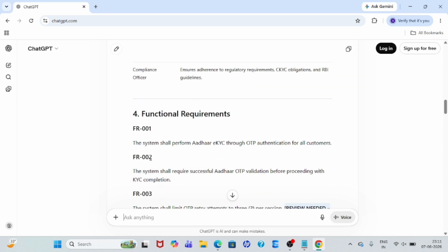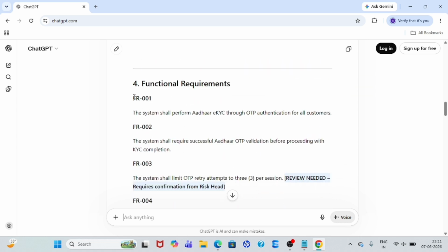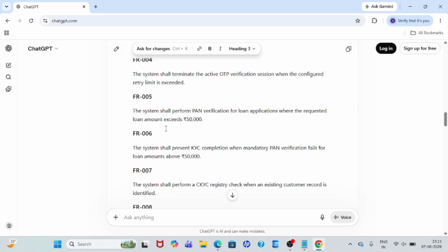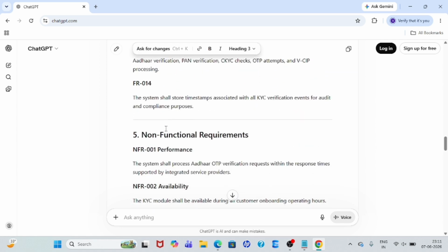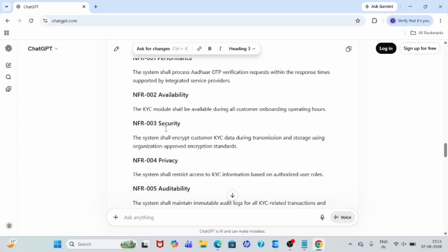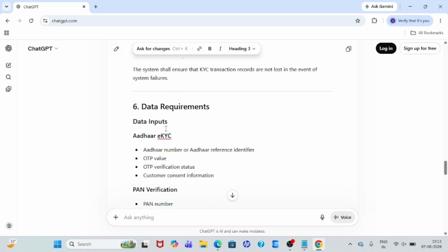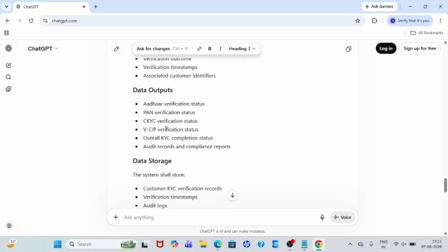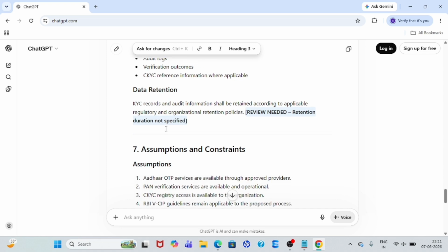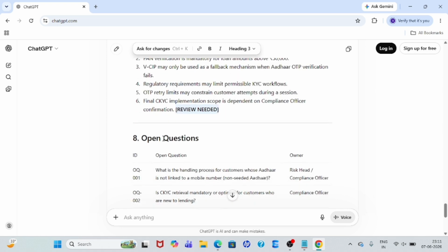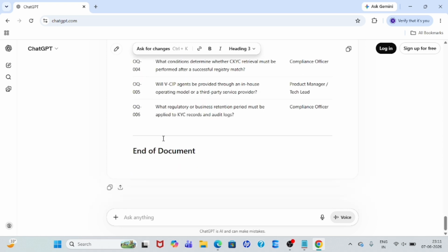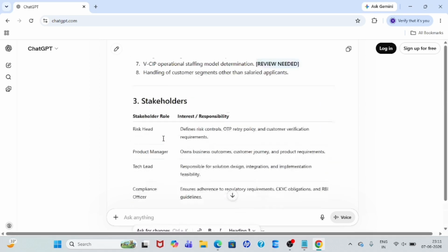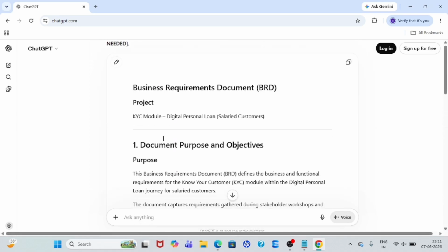So this is what I have mentioned. Functional requirement, as I mentioned at FR001, right? This is also mentioned. Then if I go ahead with non-functional requirements, here see this NR, right? Non-functional requirements, data requirements, CKYC and PAN verification, video KYC, outputs, data storage, data retention, then assumptions also mentioned, then open questions are also mentioned. End of the document. So I would say that you have got a BRD in a proper format, but